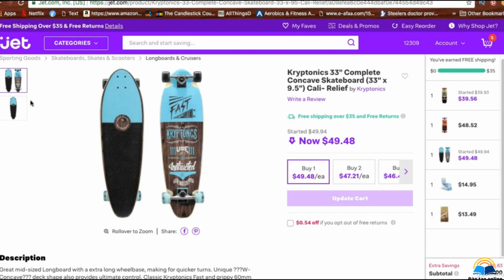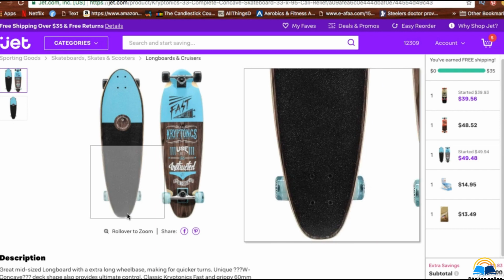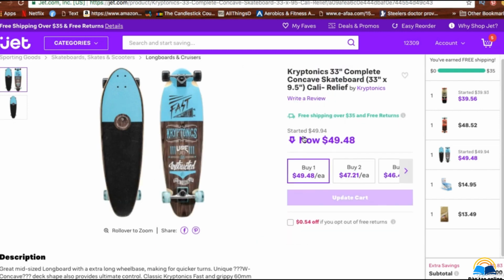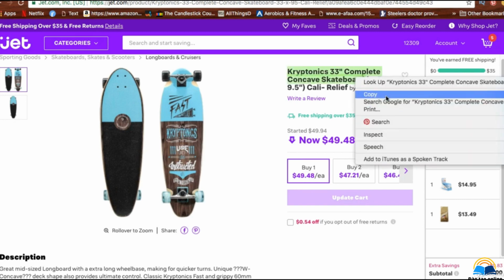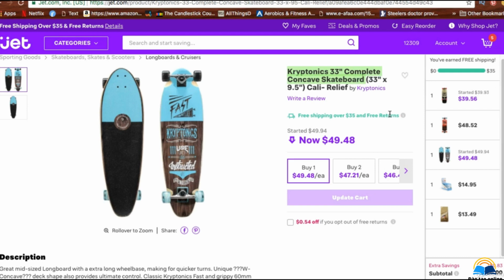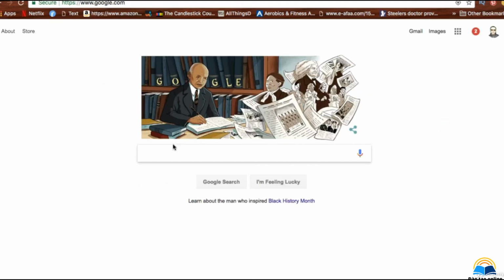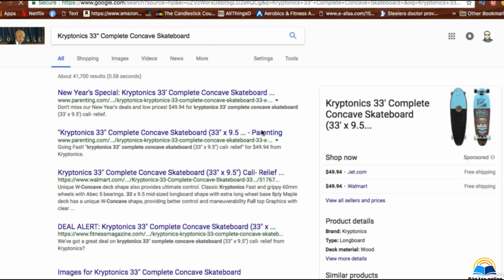Press on the other one, and it doesn't look like we can use the other one at all, because when we press on it, it doesn't go to it. So we have one picture that we can use, but that's alright. If there's only one, what we can do is the following. We have to see if we can find more pictures that we can use. So let's copy the description down, go into Google, paste this in, press enter,